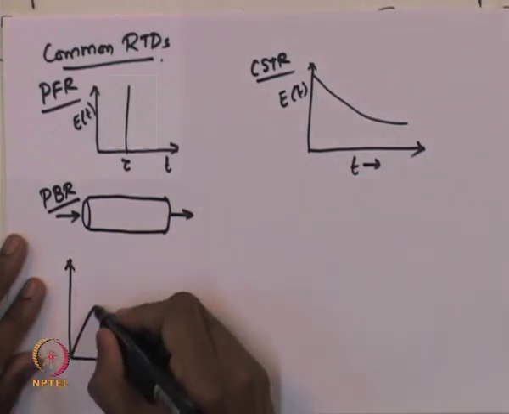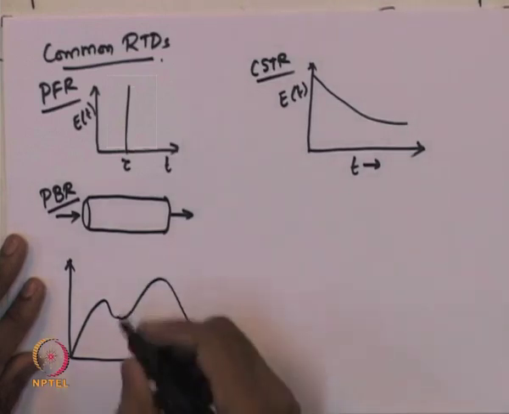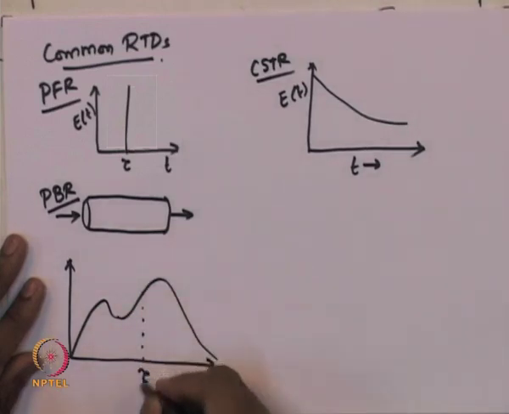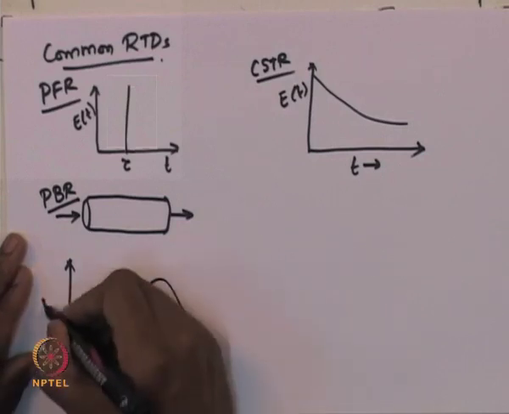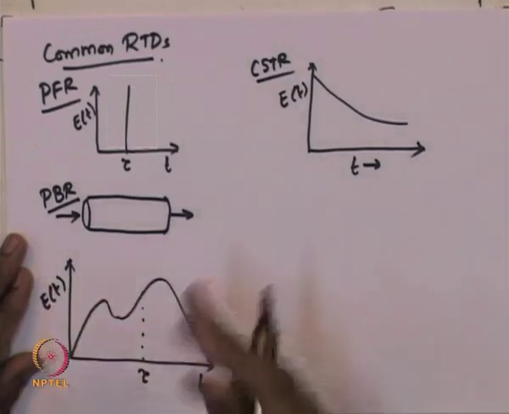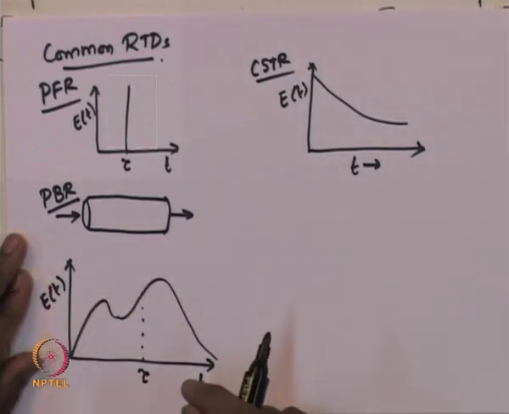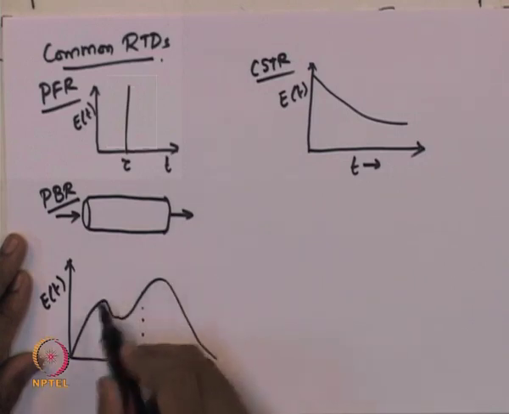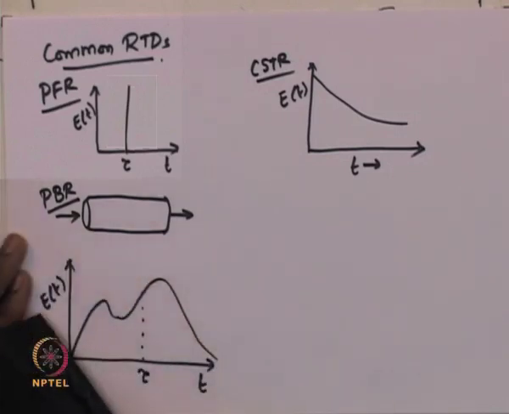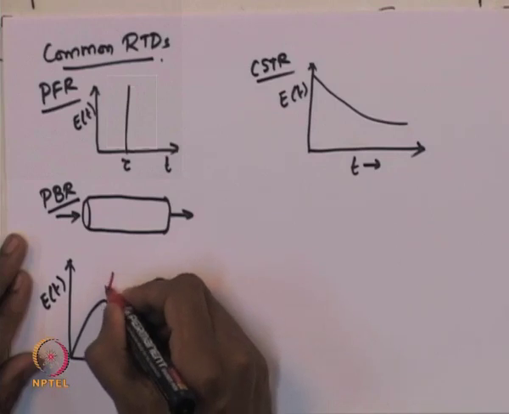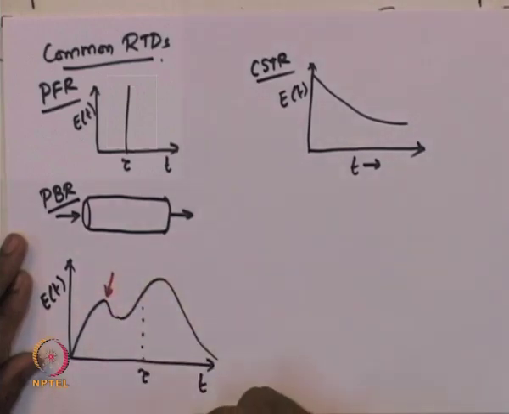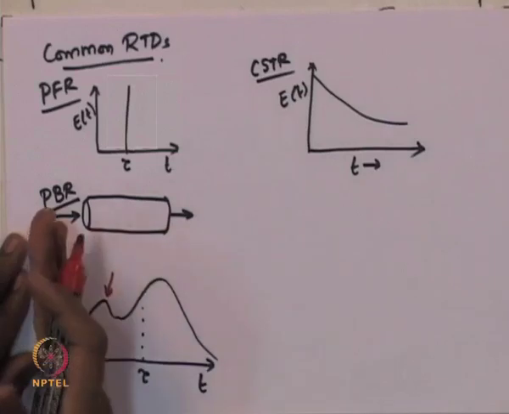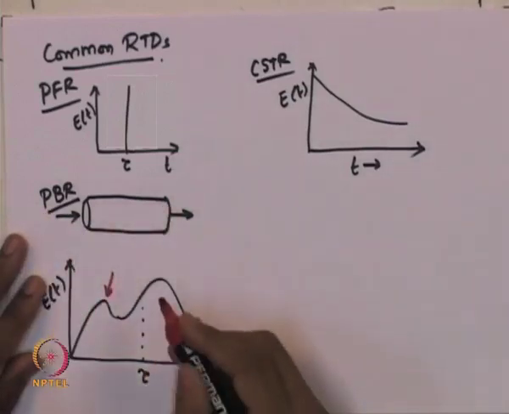So, two peaks have been observed. This is one of the commonly observed types of RTD function, where two peaks are observed, and typically the first peak, which appears before the space time of the reactor,